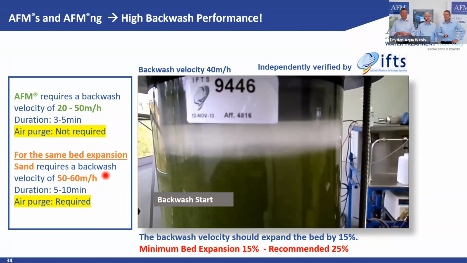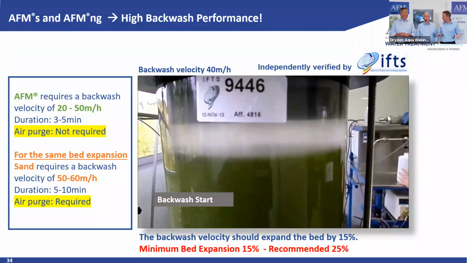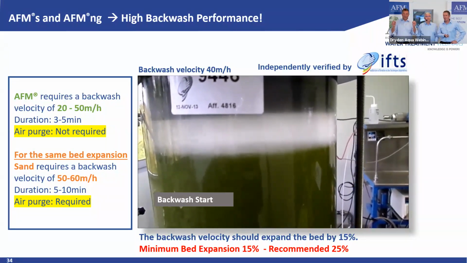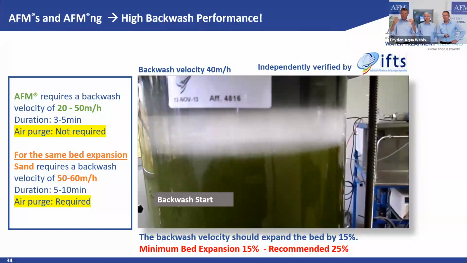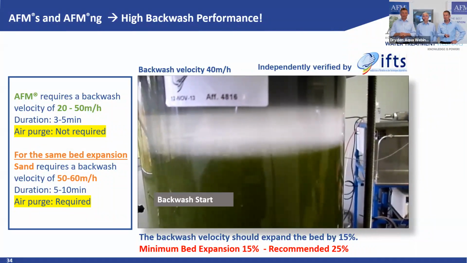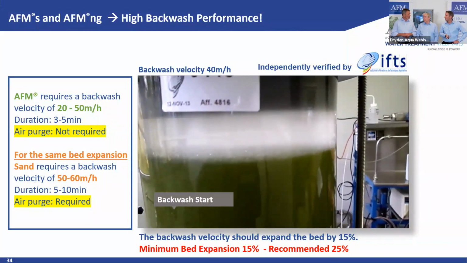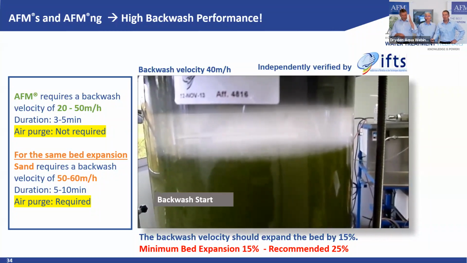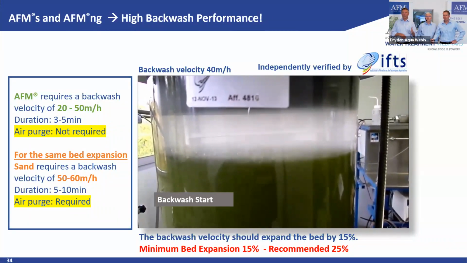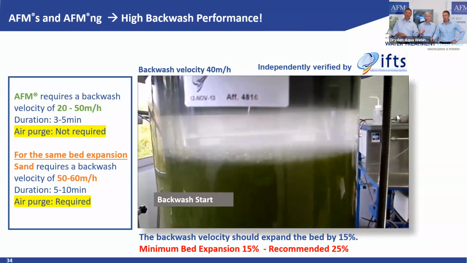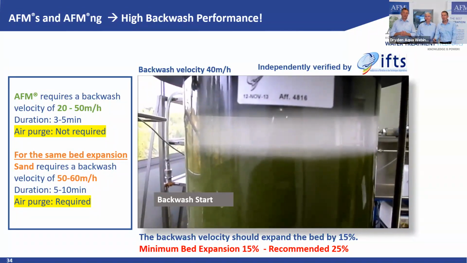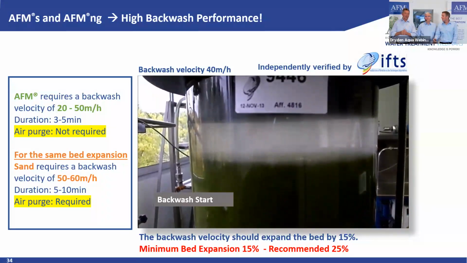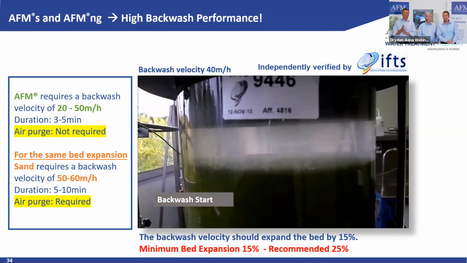Whereas with sand, because sand is approximately 20% heavier than AFM, you will need 20% more backwash velocity to achieve the same expansion. Same size grain always needs 20% more because it's 20% heavier. And all the sand I know, the finest is 0.4 to 0.8. We also have a grade 0, 0.25 to 0.5 millimeter. With our grade 1, we can go down to 30 meters per hour. If you want to go lower, down to 20, we have to compensate with grade 0. In this case it has nothing to do with performance, just compensating for the bad expansion, and this you cannot do with